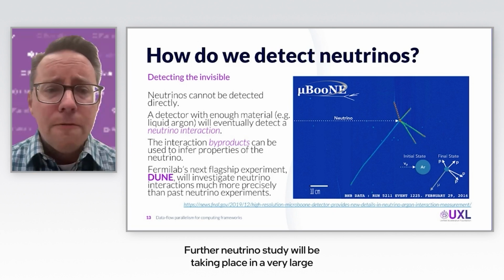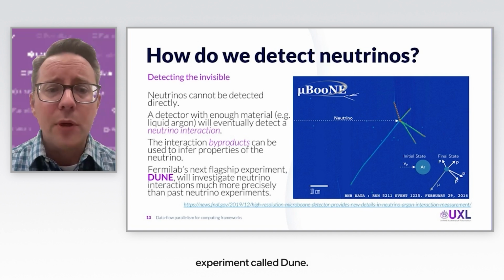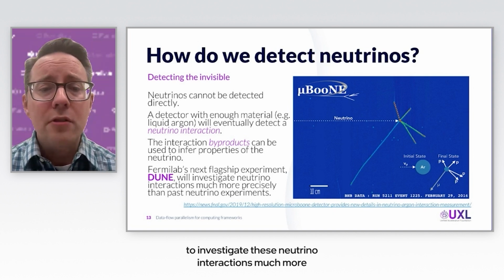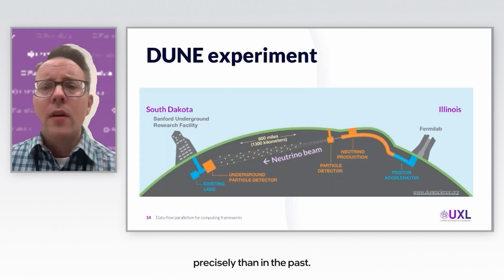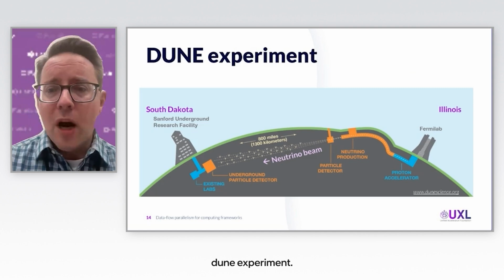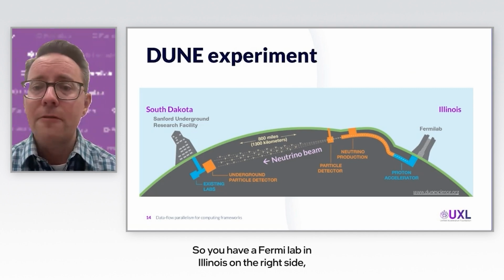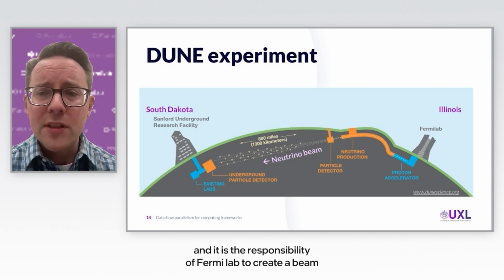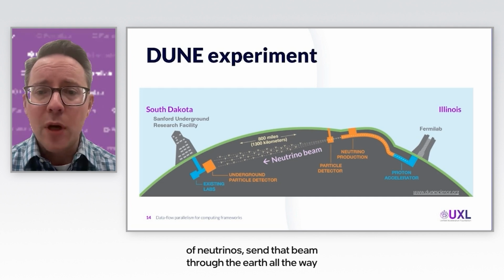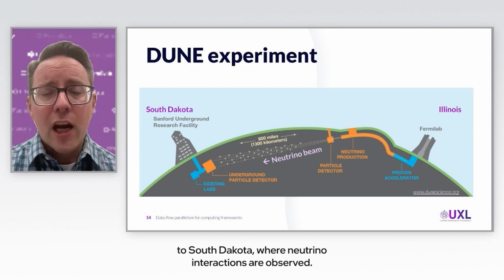At Fermilab, further neutrino study will be taking place in a very large experiment called DUNE. And the goal there is to investigate these neutrino interactions much more precisely than in the past. So I'd like to tell you a little bit about the DUNE experiment. It is large. It spans multiple states. So you have Fermilab in Illinois on the right side, and it is the responsibility of Fermilab to create a beam of neutrinos, send that beam through the Earth all the way to South Dakota, where neutrino interactions are observed